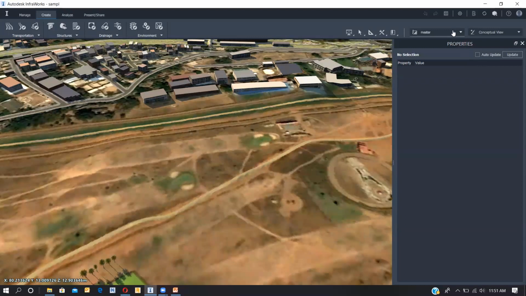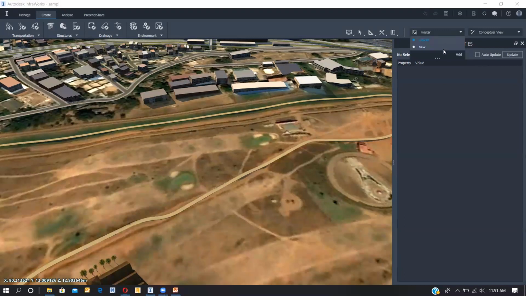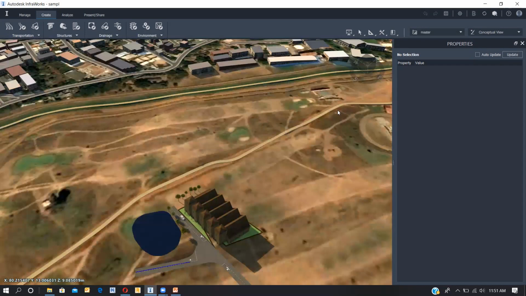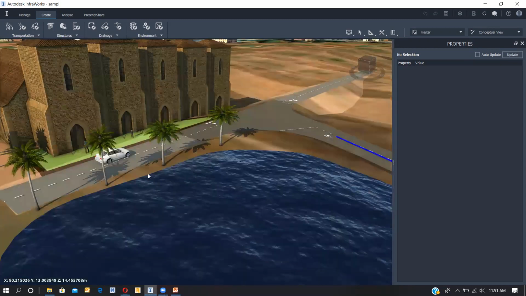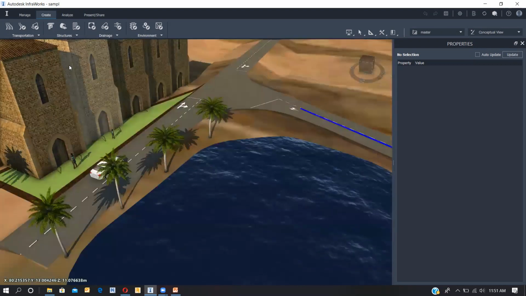Like I said, the design options, right? So we can have the design options over here. This is my master file. You can see that this has been created over InfraWorks in a few minutes. We'll be having the options. I have made this road, and we'll be having the options to bring the city furniture and all.